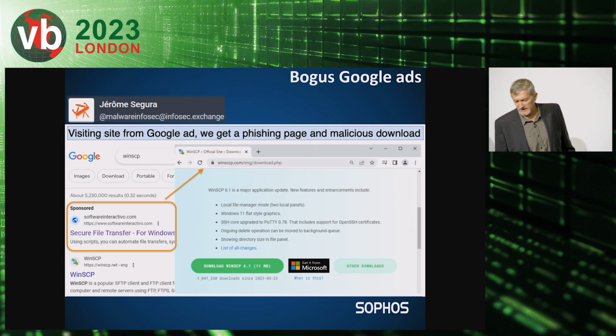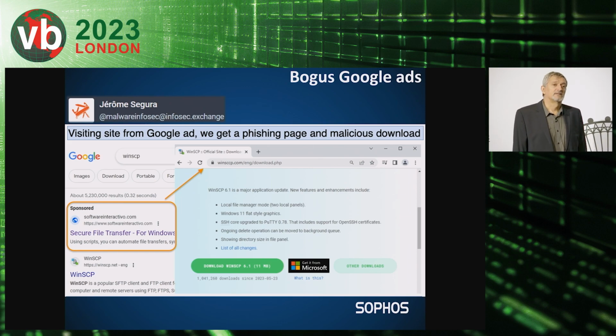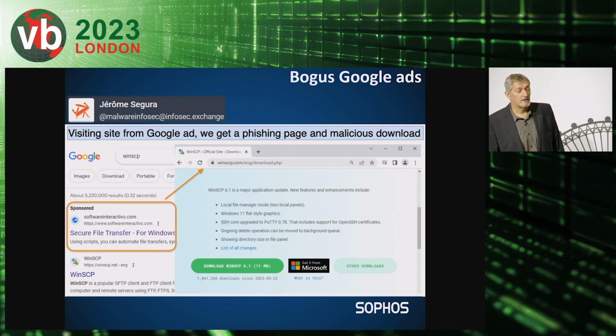I go into a bit of detail on the more interesting steps. First is the malvertising, reported by Jerome Segura. If you were looking for the WinSCP installer on Google, the advertised page would lead you to